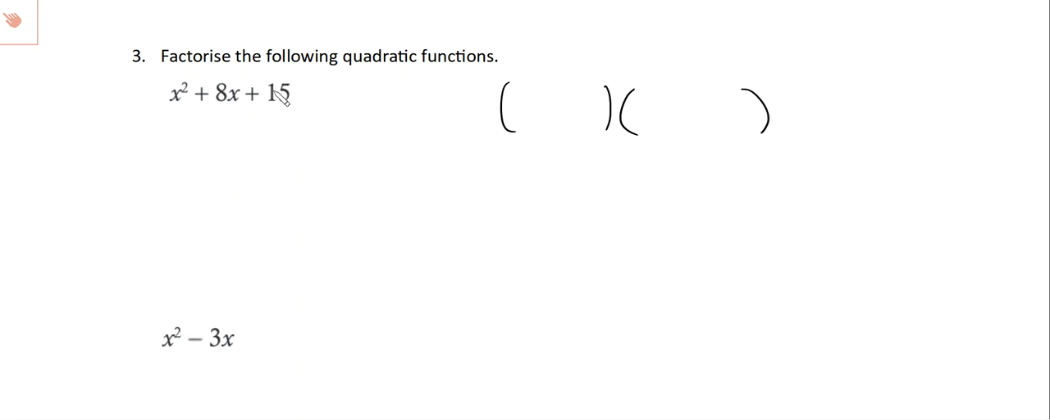So what do we do? Well, we remember it's this number times, so 1 times 15, 3 times 5. It's going to be 3 plus 5, so it's x plus 3, x plus 5. That's the shortcut way. There is more to it if we need to, but